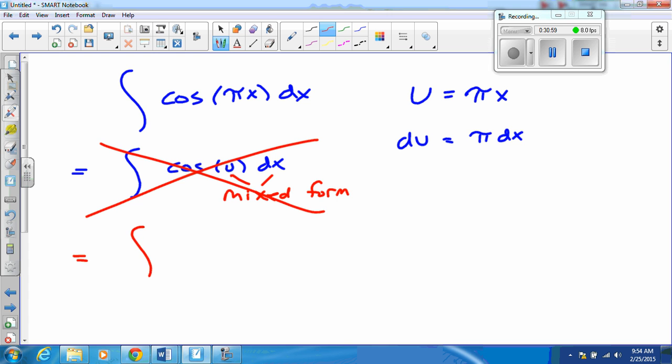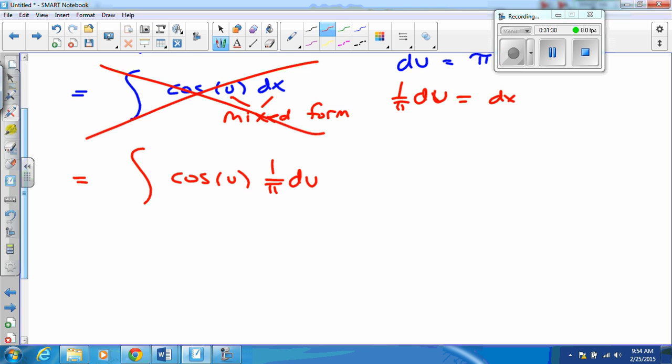Instead, what we're going to do is assemble our new integral in pieces. So I think what you were trying to accomplish with the mixed form was to try to get one piece at a time, and that's totally cool, but we're going to do it in this way. We're just going to assemble the integral in parts, like this. I compute my du, and I get dx is equal to 1 over pi du, which allows me now to directly substitute right here. Tommy, you got this far, and what did you do after this? Well, I took 1 over 5.